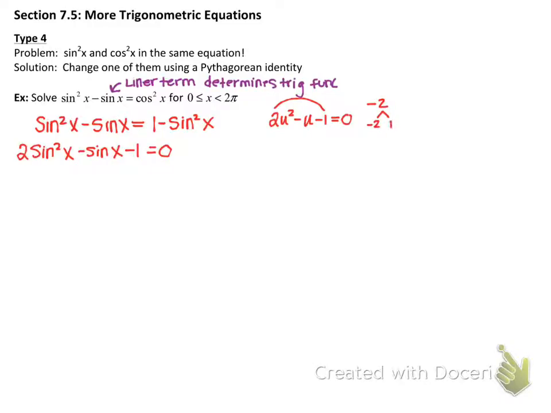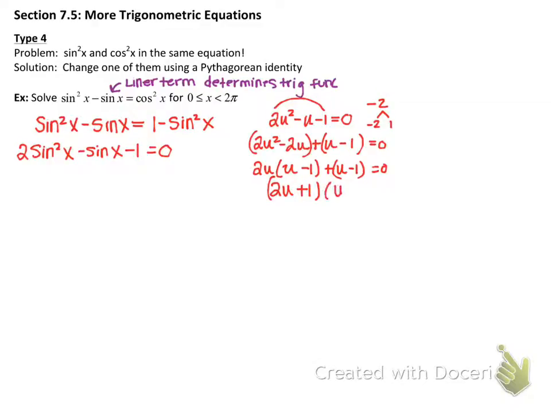Negative 2 and 1. So then I group those, and I take out my GCF for each one. So my final two factors are going to be 2u plus 1 and u minus 1,